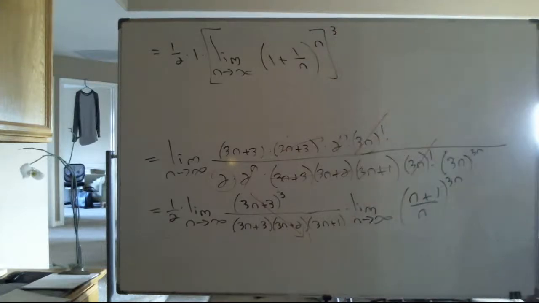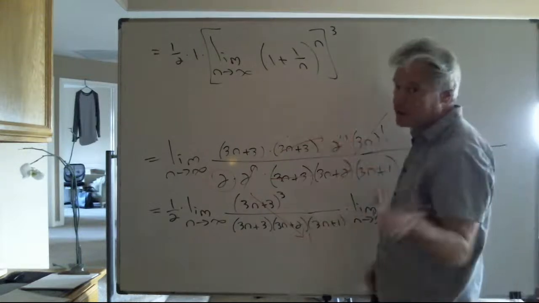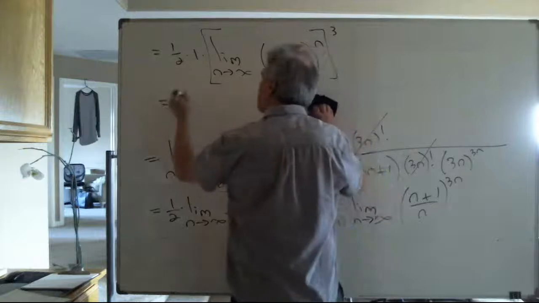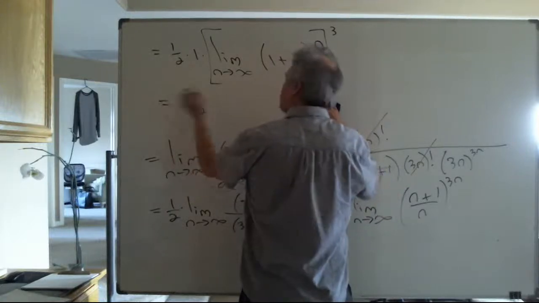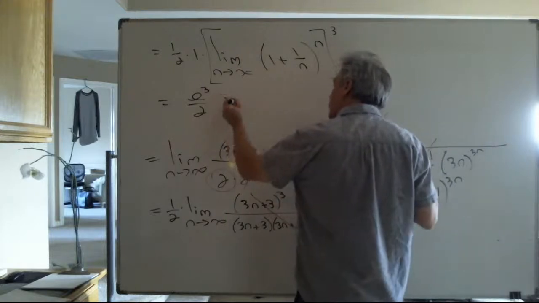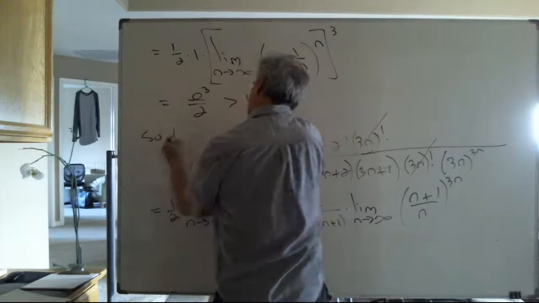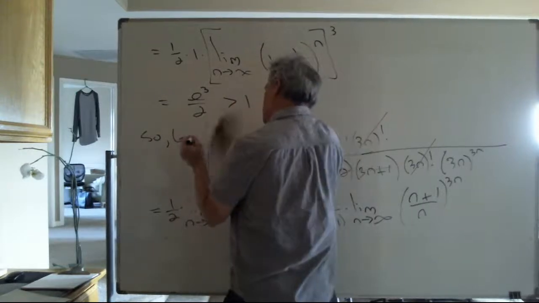So I want a yes or no answer. Are we done? Because technically speaking, this limit, which you know from, again, 9th grade algebra, is just e. And certainly e cubed over 2 is strictly greater than 1. So